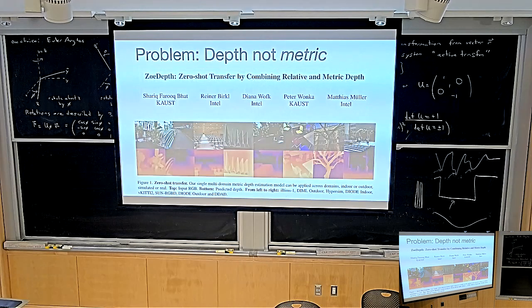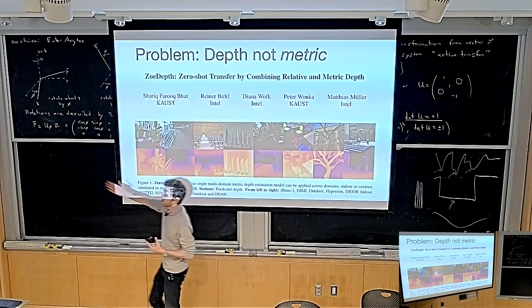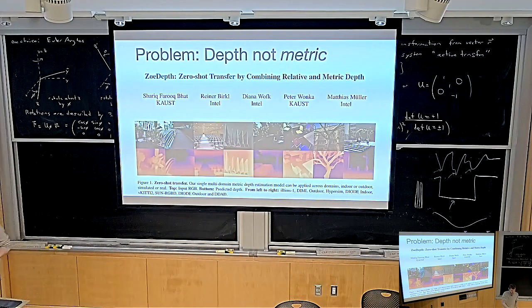Cool. So now we're going to get to an exciting problem. There's this big problem that the depth we're predicting so far, all the models that we discussed that do supervised monocular depth prediction and supervised stereo depth prediction, they all use the scale invariant loss. These scale invariant losses are great because they allowed us to make these really impressive depth maps. The problem, of course, is that the neural network has not actually learned to predict the correct depth at all. It has just learned to predict the correct relative depth for each pair of pixels in the image. And in practice, that is maybe not what you want.